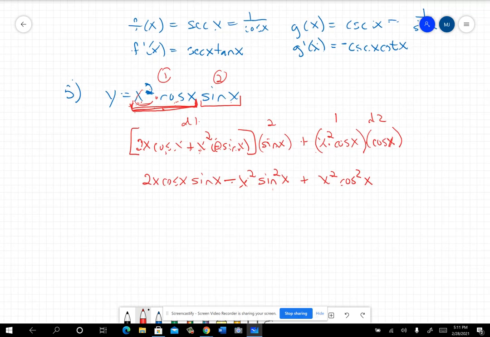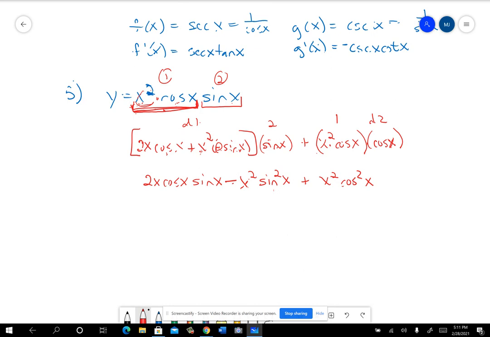All right. So at that point, I'm seeing an x that I can bring out. I hope we don't have to use a lot of identities from our trig classes to figure this out. I'm not really expecting you to remember a lot of identities. All right, so that really doesn't get that much better than that. You could factor out an x maybe and have 2 cosine x sine x minus x sine squared x plus x cosine squared x, but to me that doesn't make it look that much better,